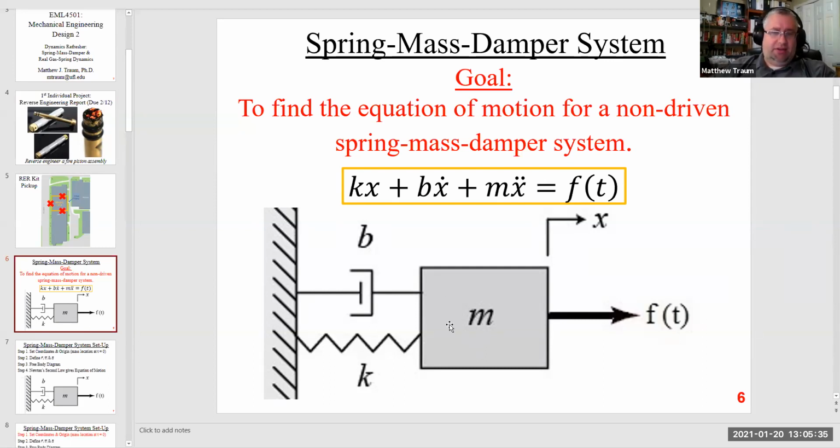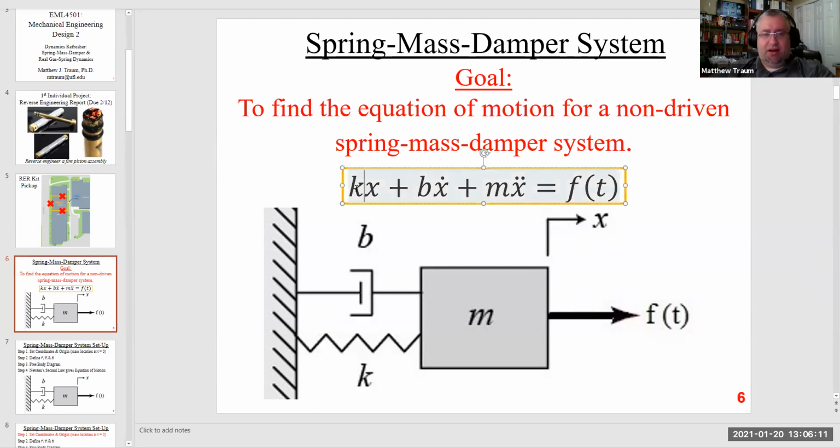So we've got just a mass here that's attached. The mass is able to move in the x hat direction, and it's attached to a solid wall with two different attachments. There's one mechanism which is a linear spring, and then there's a second attachment which is a viscous dashpot. And at least in this drawing, this mass has got a forcing function which is just f of t. So somebody is pulling on the mass with some force that may or may not change as a function of time, and the mass is able to move again in the x direction.